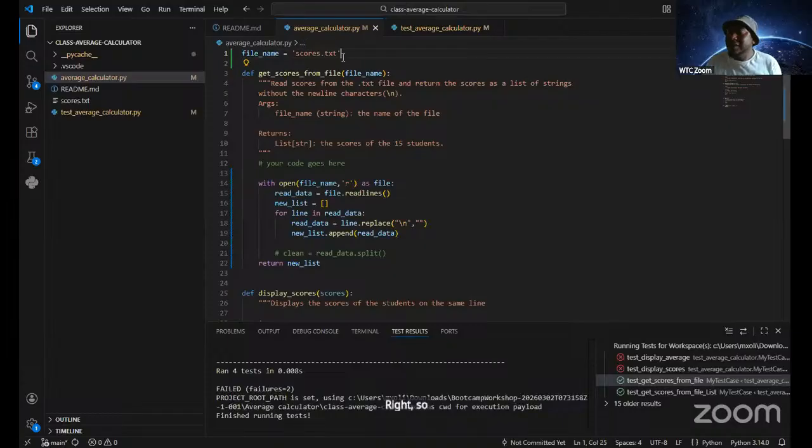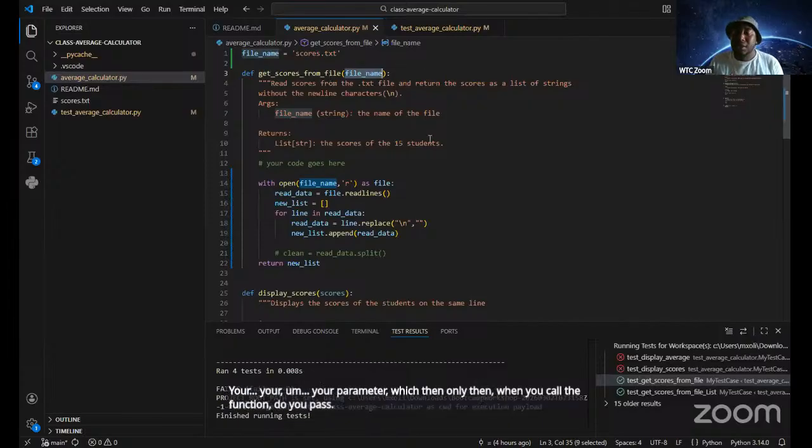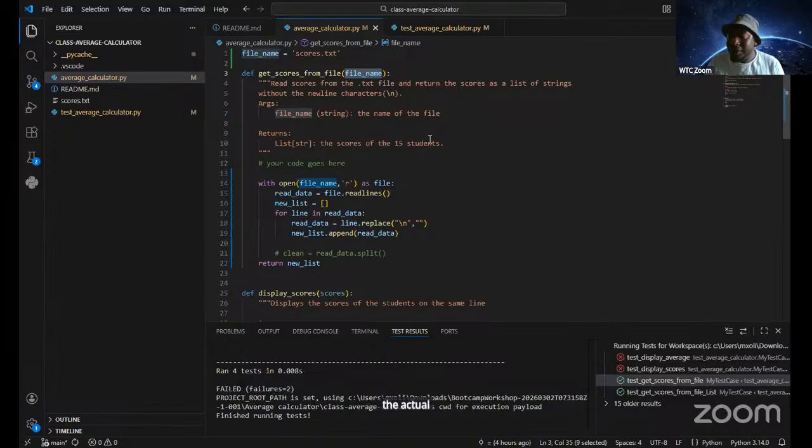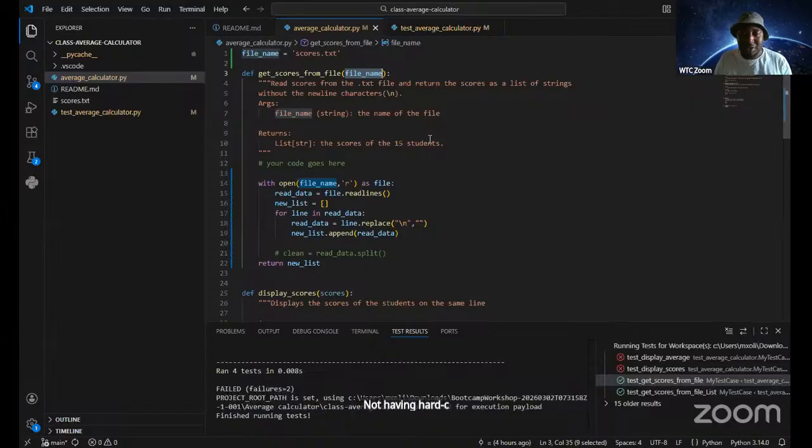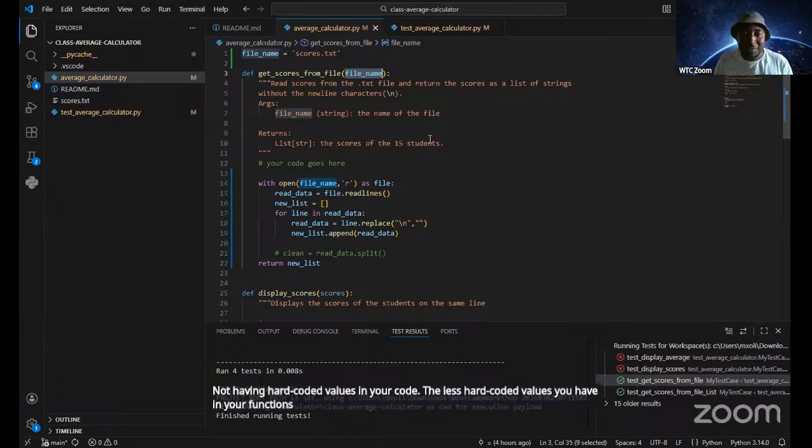So even in a case like this, the best practice would be to use your parameter, and only when you call the function do you pass the actual value, whatever the name of the text file is. That will make sense, especially when you start to deal with a lot of functions. You'll see the importance of not having hard-coded values in your code. The less hard-coded values you have in your functions, the better.